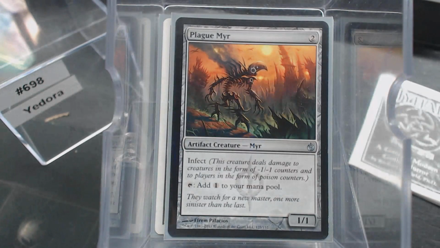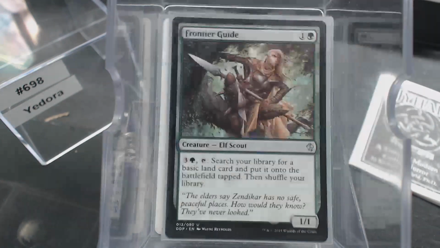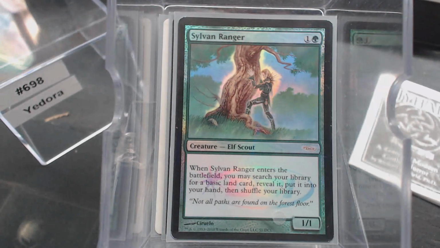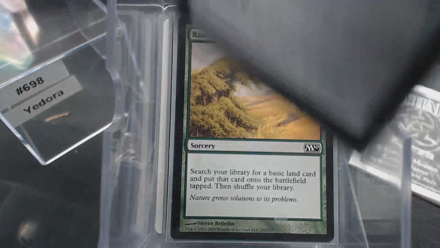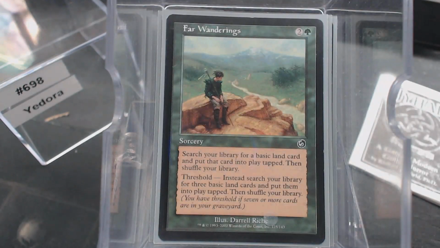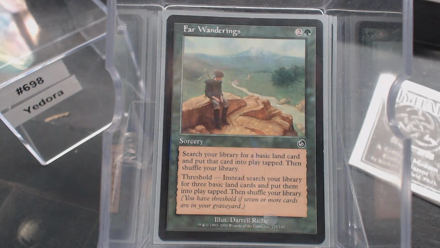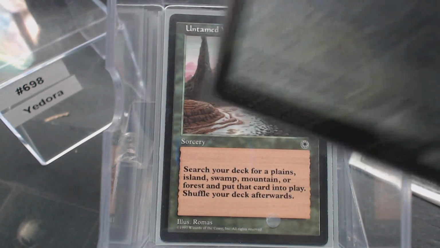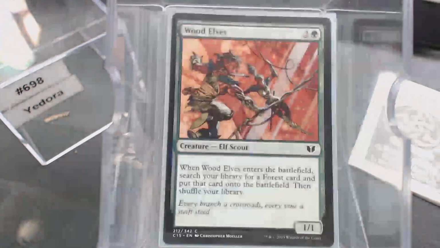Plague Mirror can be insane with that Blanchwood, right? Frontier Guide, Sylvan Ranger, putting the lands in your hand. Rampant Growth, Moss Diamond, Natural Connection, Far Wanderings may be a reach. Spells may be the only thing in the graveyard because your creatures aren't going to go there, right? Search for Tomorrow, Untamed Wilds, Farhaven Elf, Wood Elf,